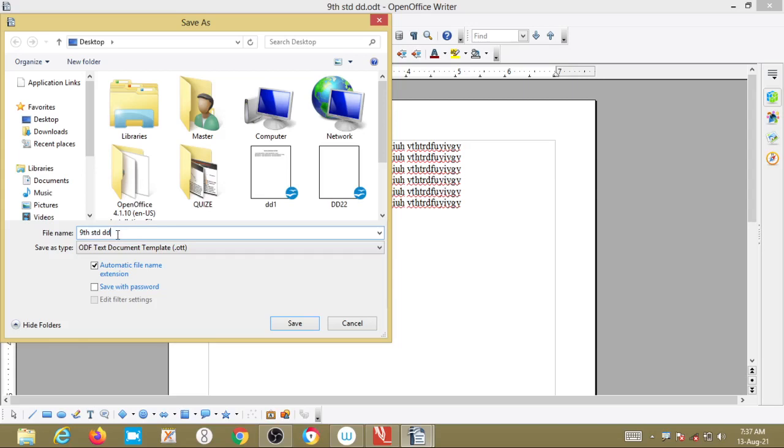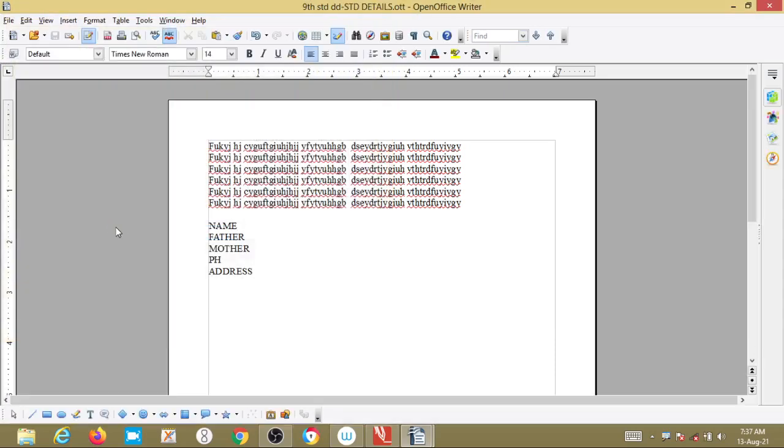If I write, instead of 9th standard digital documentation, student details, it will save that as student details. See, it has changed now. The 9th standard DD file is what we first opened, and now we have opened 9th standard student details. Both the files will be saved.